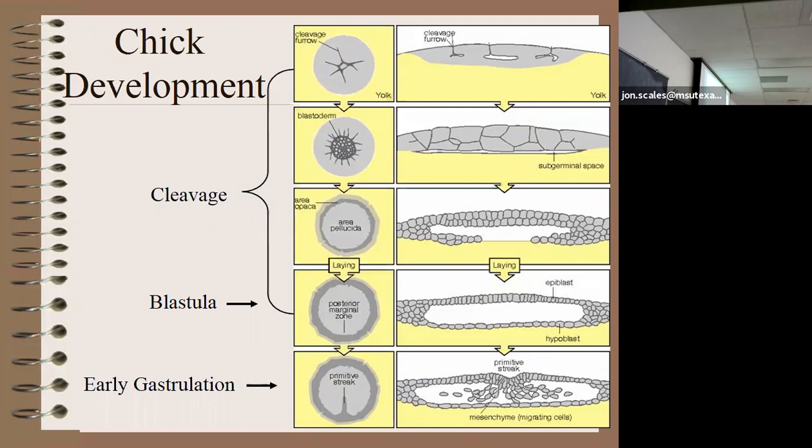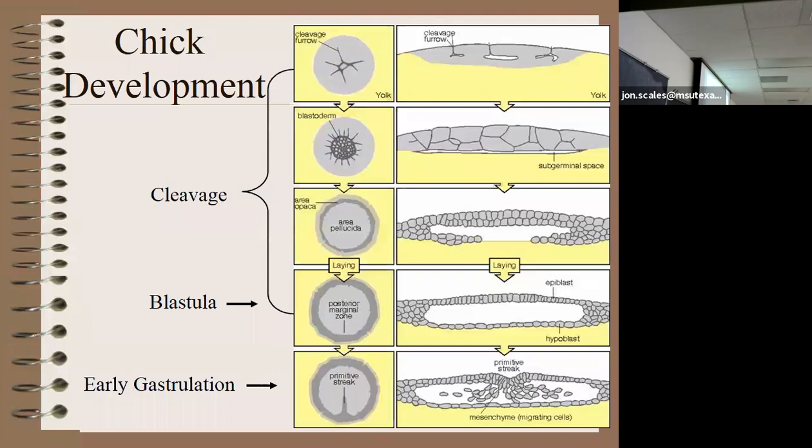So eventually these cells will continue to divide and fill all the way across, and you'll have the blastocoel form. That would be the blastula stage. And that's at about the time that the egg is laid, so right about 12 to 16 hours or so. These cell layers, as I was saying in class, I think I called it the